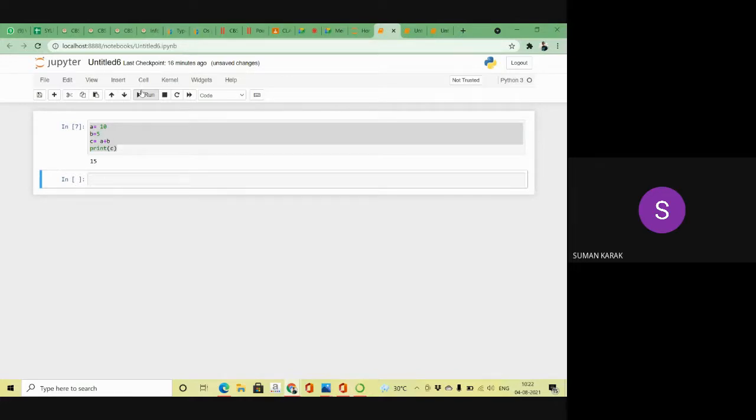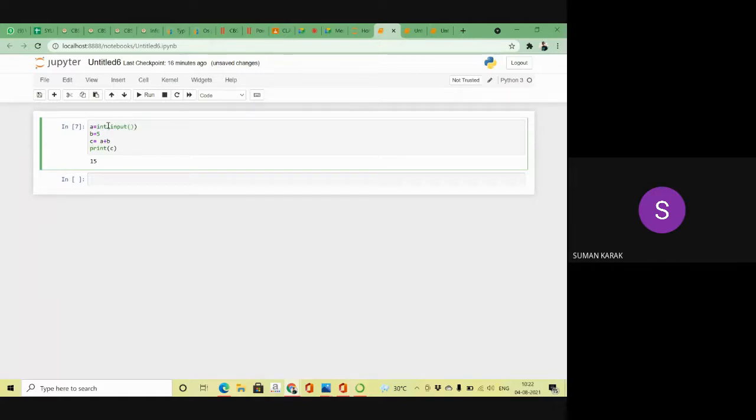Now if you want to take the value from a user, as per the user's choice, so they can give the value in our programs, that time I am using the input function. At first you mention the data type, which type of data you want to take from the user, then you write the input function.